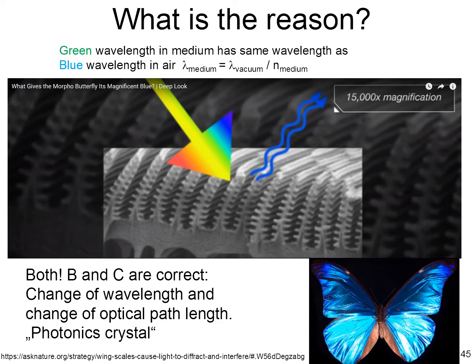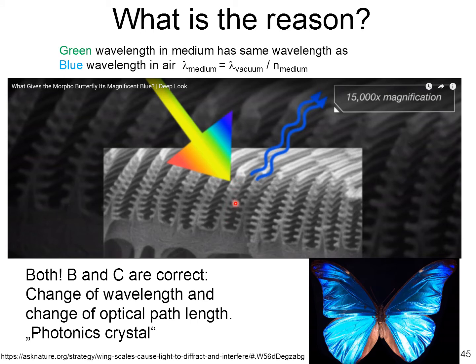Okay. As you have just seen in the experiment, there's a very clear dependence of the reflected color in this morpho butterfly on the immersion medium that its photonic structure is currently in. So how can we explain that? Well, what you see here is a zoom in with an electron microscope of such a structure from a morpho butterfly, and you see that it has this sort of three-dimensional grating structure, almost like a Christmas tree, which reflects this blue light if in air. When we now immerse the whole thing in ethanol, like we did in the experiment, that means that this distance